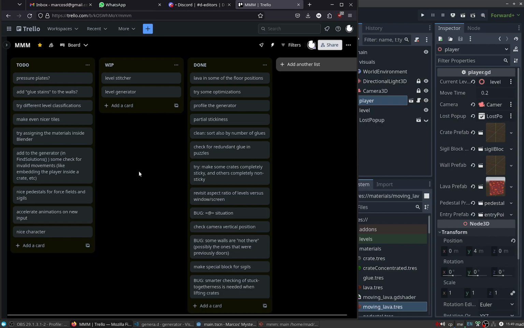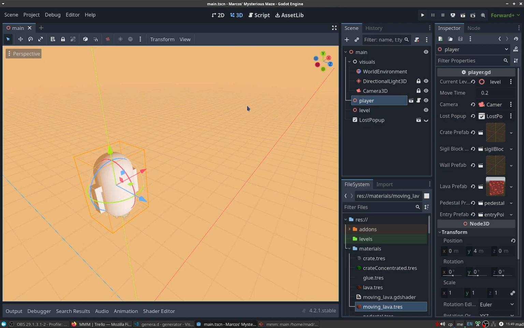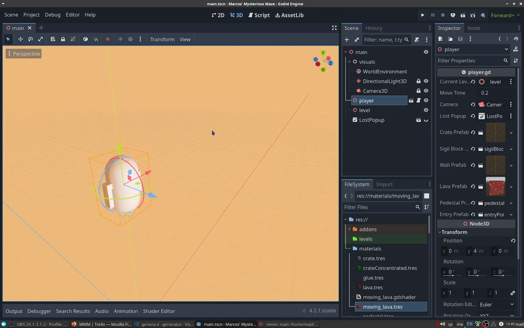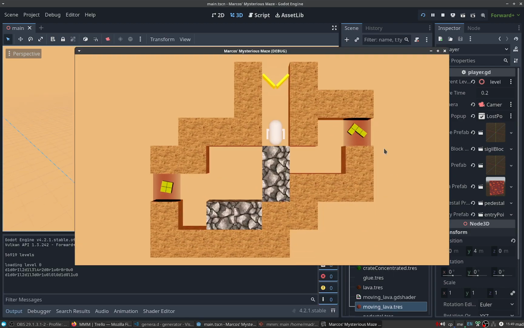Hello. Today I wanted to begin the level stitcher. That is the feature that takes all the levels in the game and stitches them together to form an overworld. Because until now we had